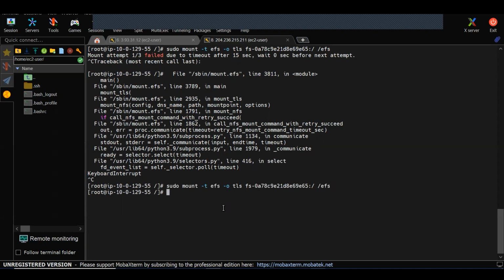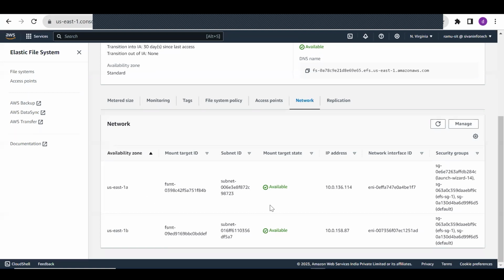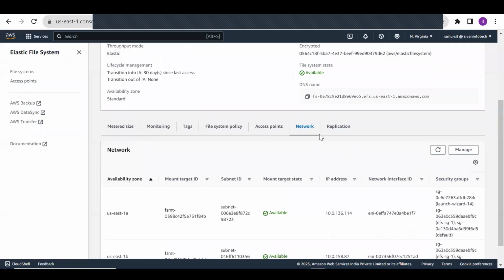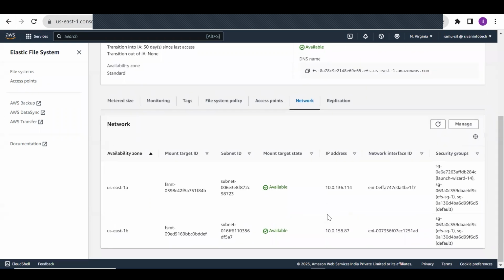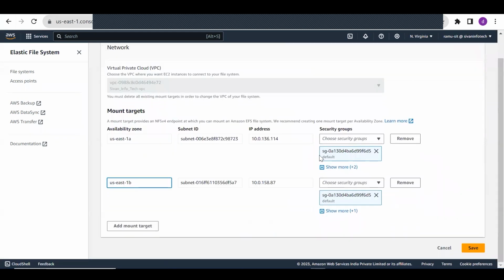Here, what is the issue? I told you the EFS has a security group, so we need to add it at this level. You need to go to the EFS. You came to EFS from the network section. This is the mount target, so target name. Here, under manage, you can see the security groups.